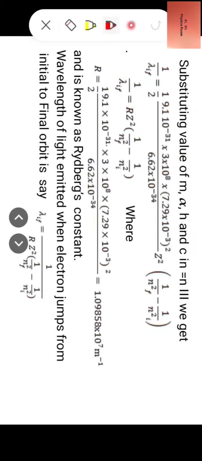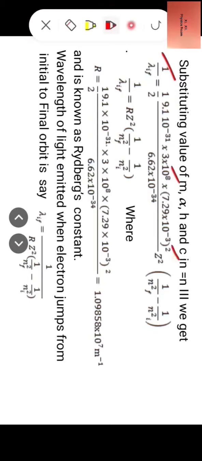Now substituting the value of m, alpha, h and c in equation 3, we get 1 by lambda IF is equal to half into 9.1 into 10 raised to power minus 31 kg, mass of electron, into 3 into 10 raised to power 8 meter per second, velocity of light, into (7.29 into 10 raised to power minus 3) square,